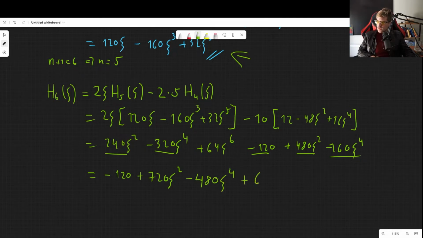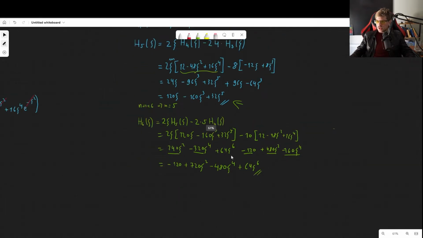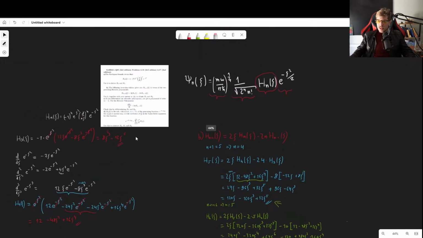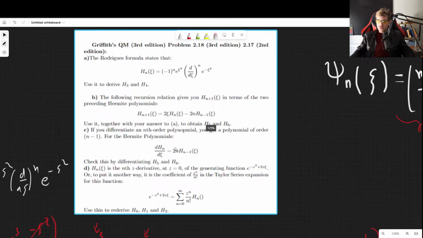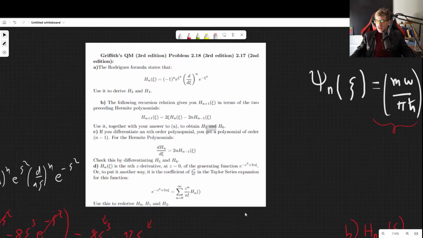And finally, we have 64. So there we go. As you can see, this method is really easy, but as I've said, it requires you to have other information, which you might not always have. Now, part C, it says if you differentiate an nth order polynomial, oh, I made a typo there,